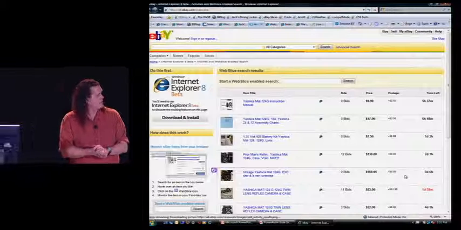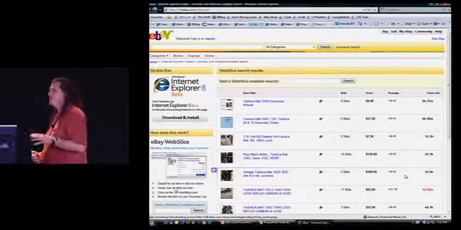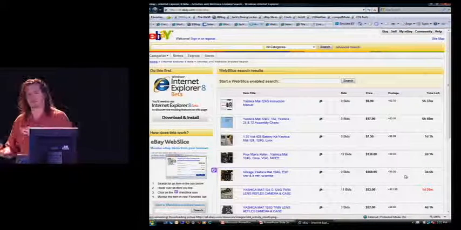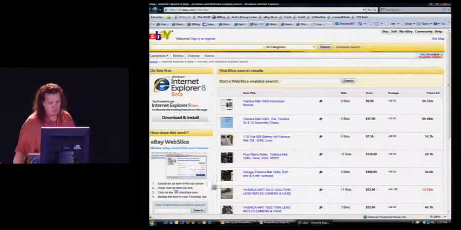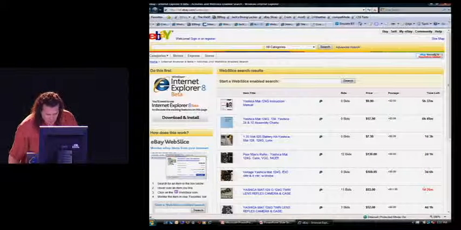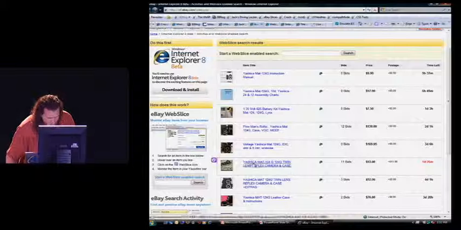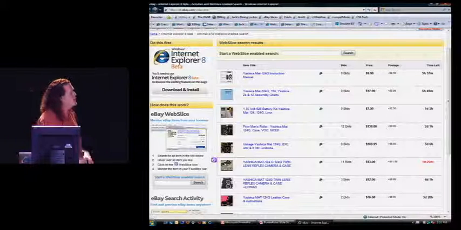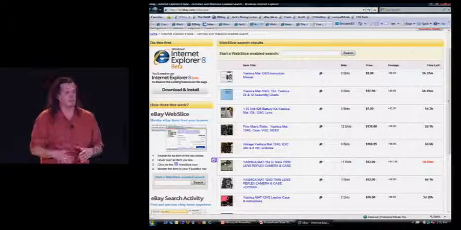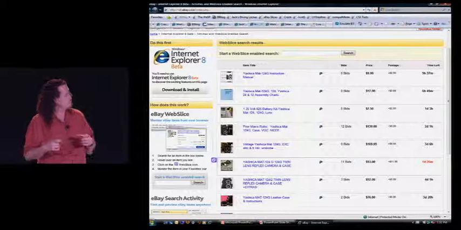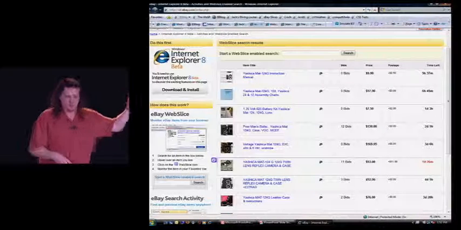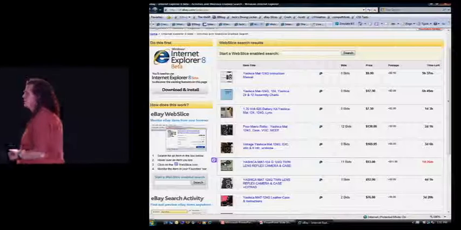And I usually have about half a dozen of these loaded at any given point in time because I'm watching the prices, trying to find a really cheap one. And, wow, not a whole lot. Oh, there we go. So if I hover over something that is a web slice, I get this little subscription button that pops up.